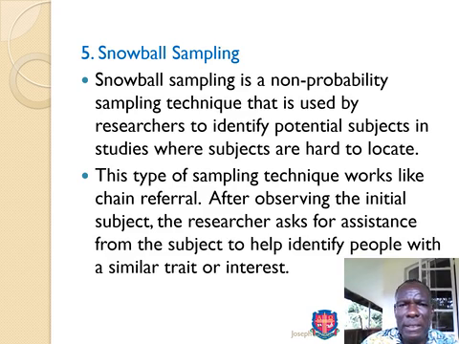Snowball sampling. This is the fifth non-probability sampling technique. Snowball sampling is used by researchers to identify potential subjects in studies where subjects are hard to locate. This type of sampling technique works like a chain referral. After observing the initial subject, the researcher asks for assistance from the subject to help identify people with a similar trait